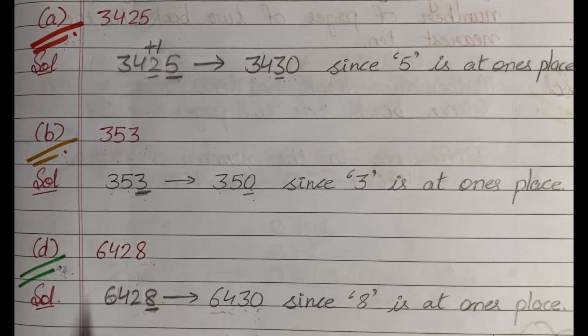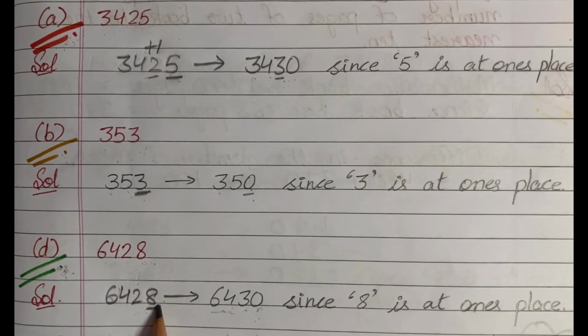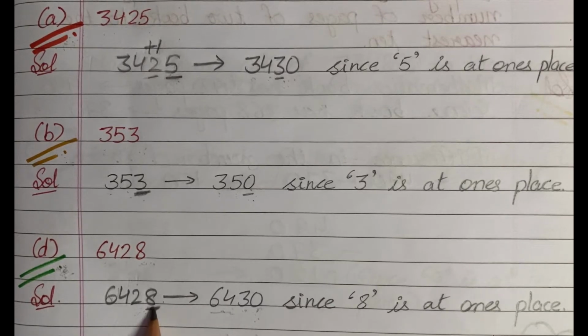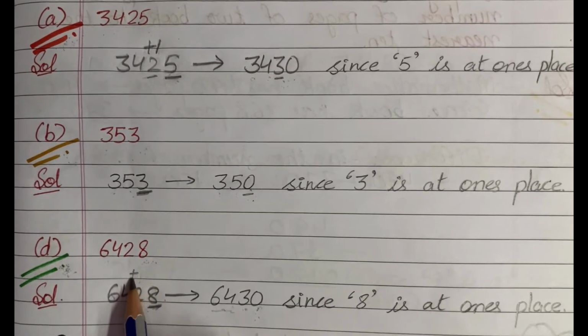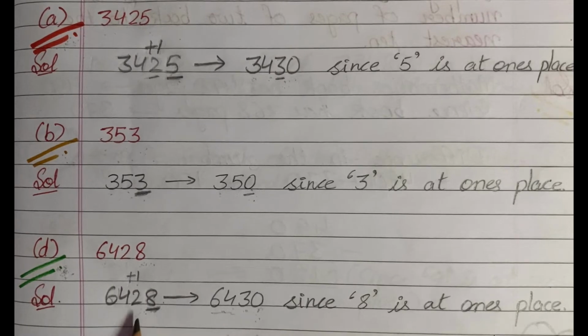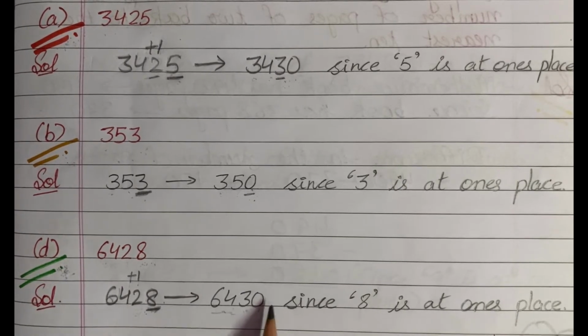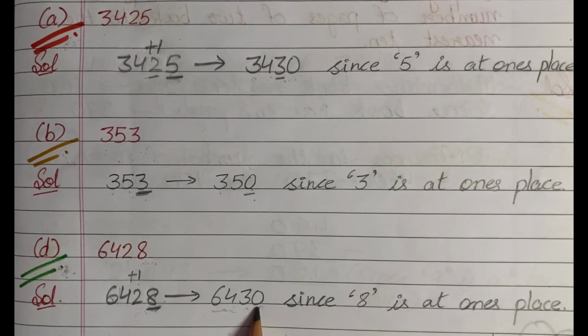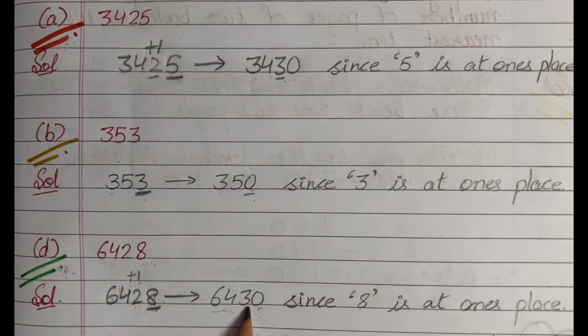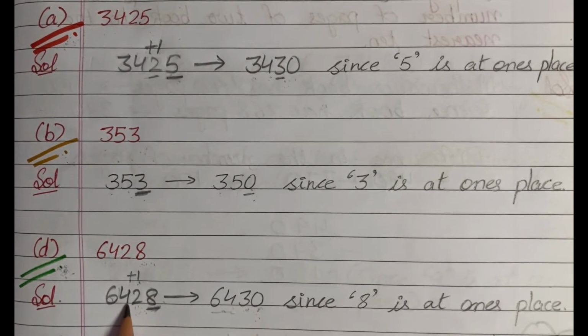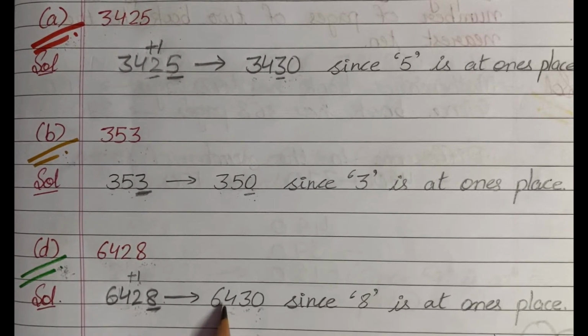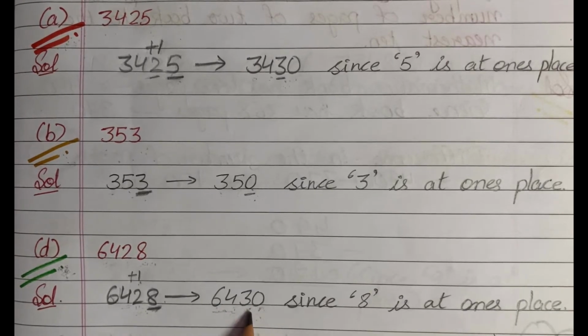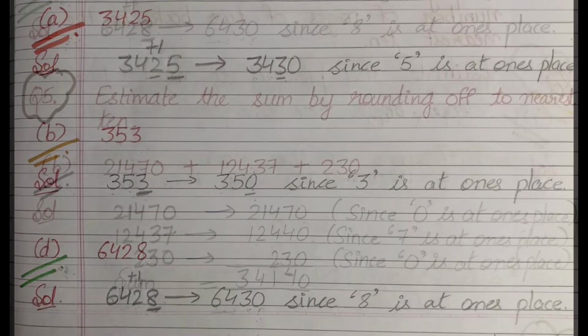6428. So students, here again we will see the digit at the ones place and at the ones place we are having 8 and you know that 8 is greater than 5. So what we will do? We will add 1 to the digit at the tens place. So in the answer 0 will come at the ones place. At the tens place 2 plus 1, 3 will come and we will write the remaining digits as they are, that is 6 4. So our final answer is 6430. Hopefully it is clear to you.